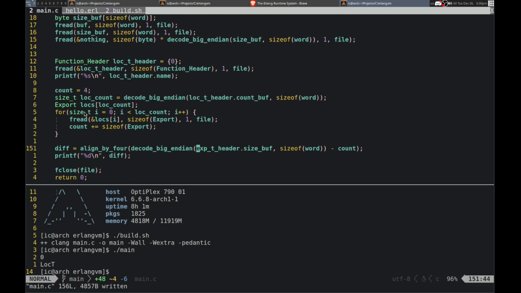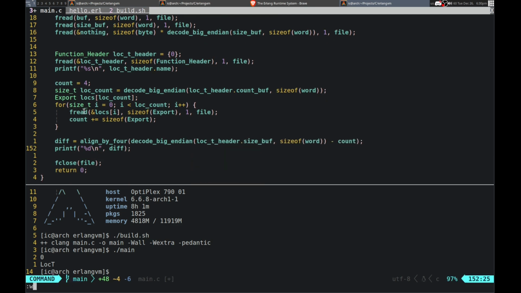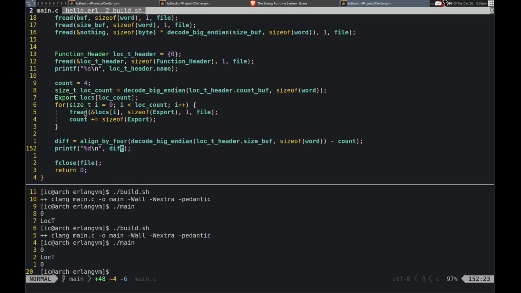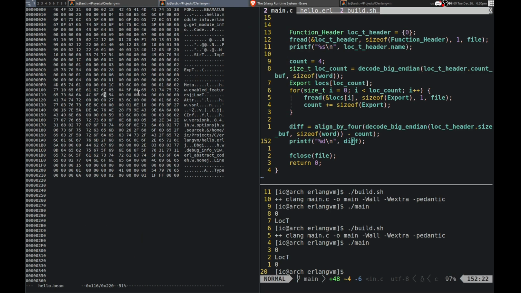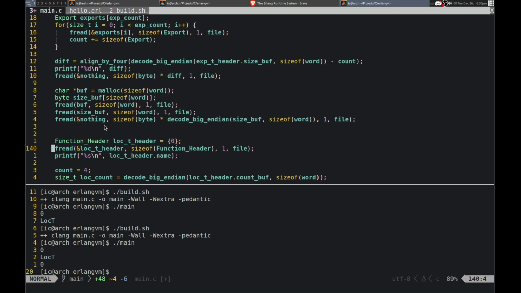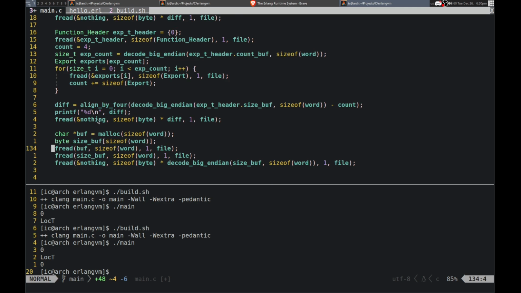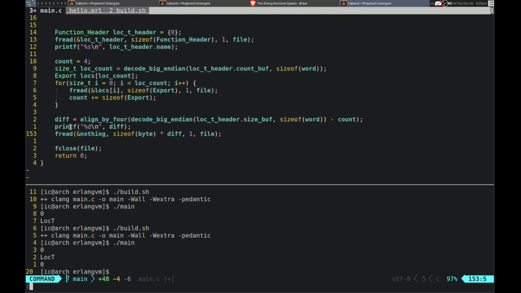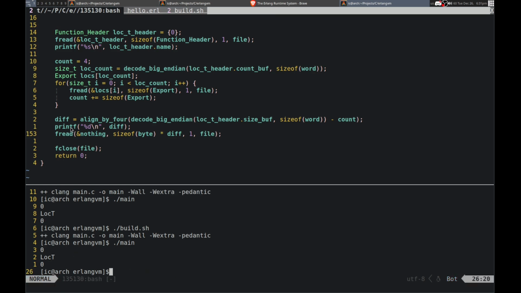And then this is local. Print out div, and let's see what we get for that. 0. Okay. Is that actually right? Is it supposed to be aligned properly? Yeah, it looks like it is. Okay. So that should be fine then. And then if I have to read nothing, yeah, do the same thing that I did up here. Okay, just like that. Okay.